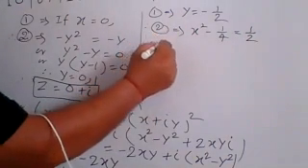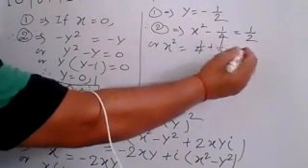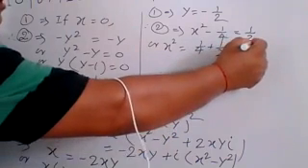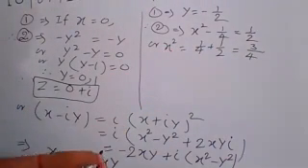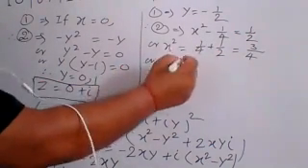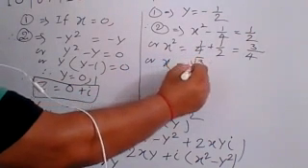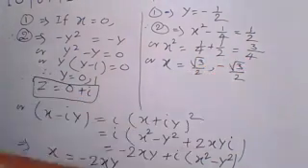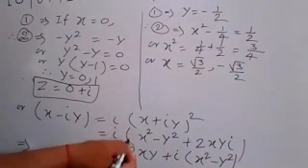So the value of x square is equal to 1 by 4 plus 1 by 2. Taking LCM 4, you have 3 by 4. So what is its value? Here you have two values of x, because if you take the root, you have two values. Either you have root 3 by 2 or you have minus root 3 by 2. So here you have two values of z.